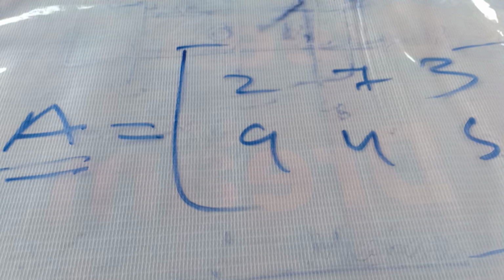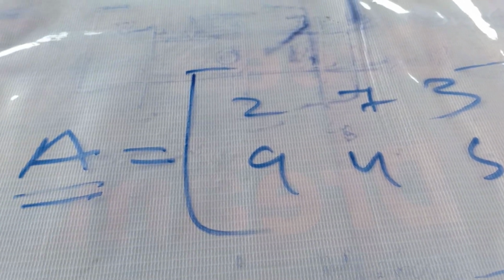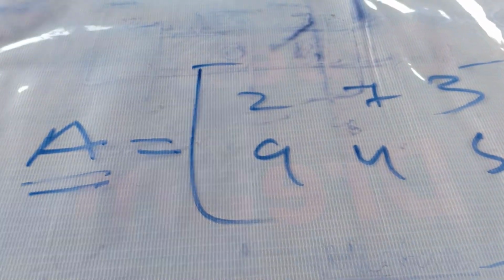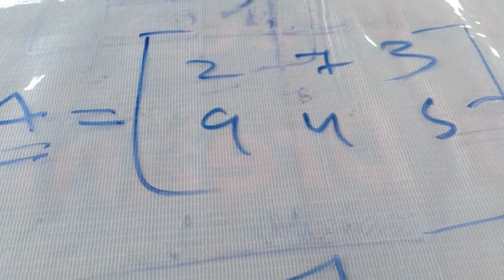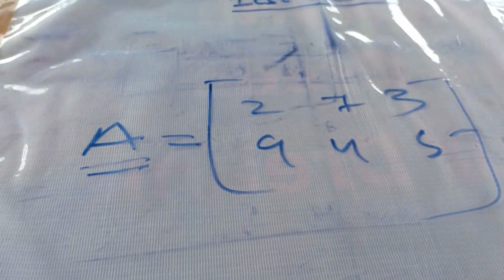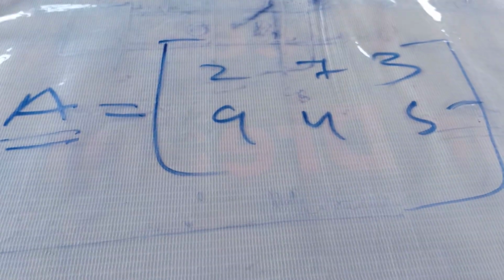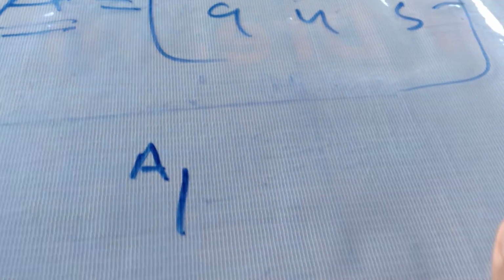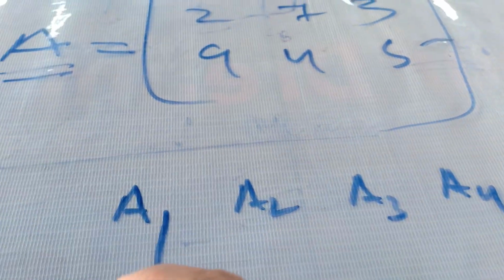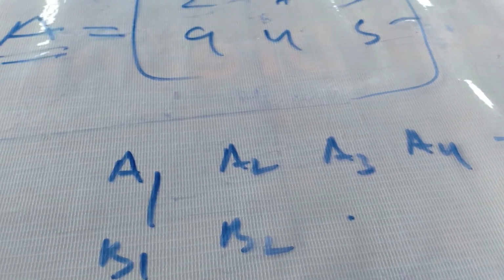Clear? So here a question arises. There are only 26 capital letters in the English alphabet. Are there only 26 matrices? No. There are infinite numbers of matrices. Then how can we write them? Suppose A1, A2, A3, A4, and so on. Similarly B1, B2, B3. Like this you can give infinite numbers of names to the different matrices. Hope I am clear to everybody.